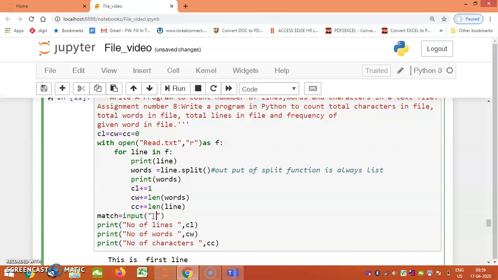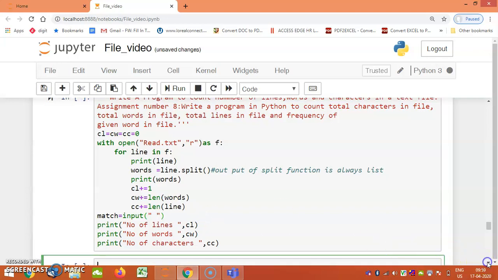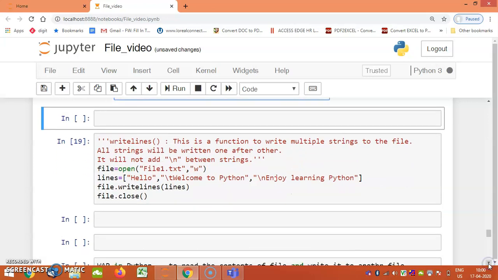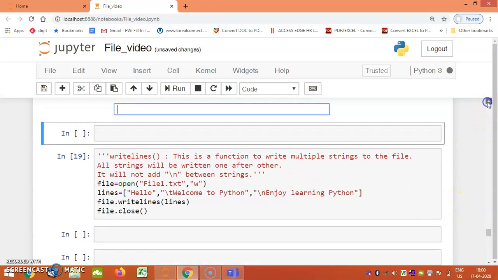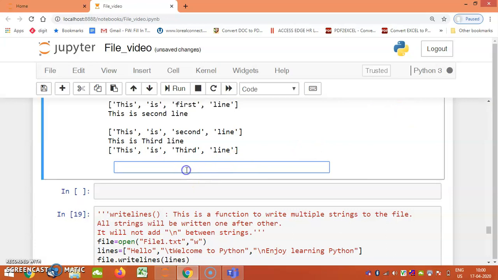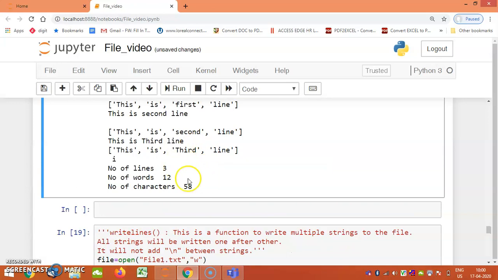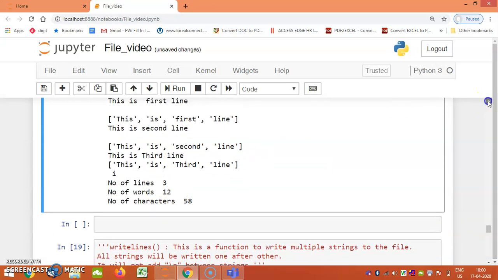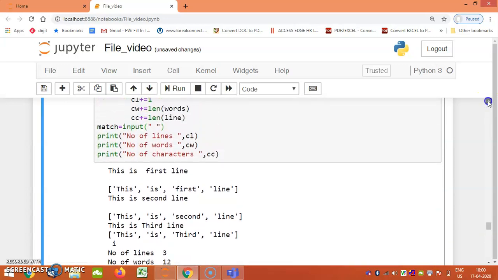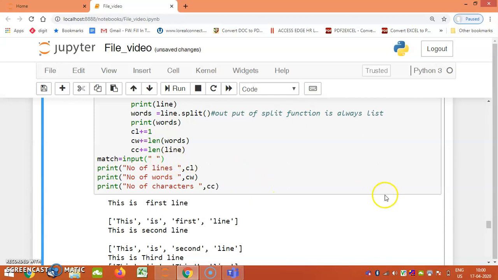So you can write this, where you ask the user to enter input. I don't think this will get completed in this session. I will run this here and we'll see. Yeah, it is asking me to enter a word. I am entering the word I. So it will tell me how many times that particular character occurs. We have to apply one more loop to find out how many times that particular word or character has occurred in it.